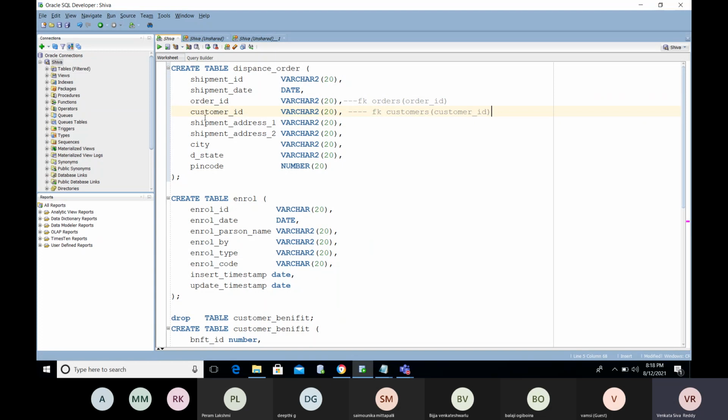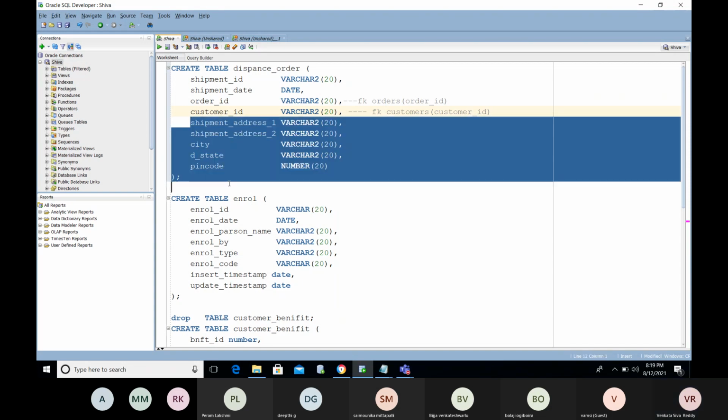We can separate this. If a customer has placed hundreds of orders, then for each and every transaction you are maintaining the shipment address.